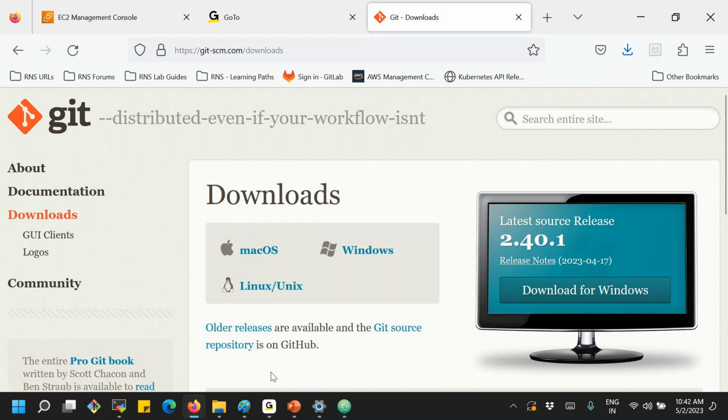So anyone is having the Mac? Anyone is having Mac OS? Everyone is using Windows? Okay, good. Everyone is using Windows, no issues. But if you are having Mac OS, then whenever you are trying to install these three softwares, please make sure that you are downloading and installing the appropriate binary file. That is important. Okay, let me go ahead downloading this.